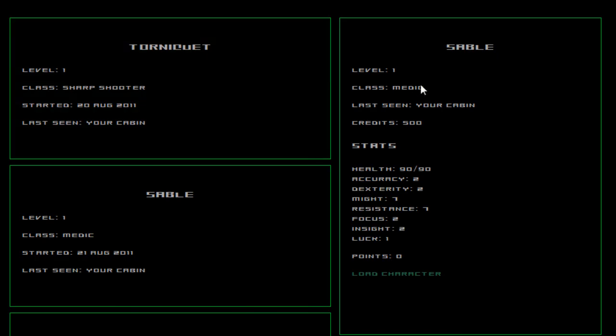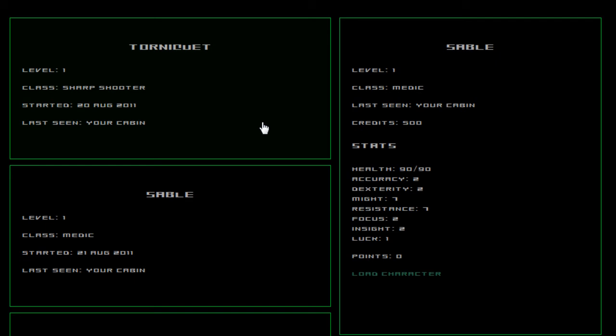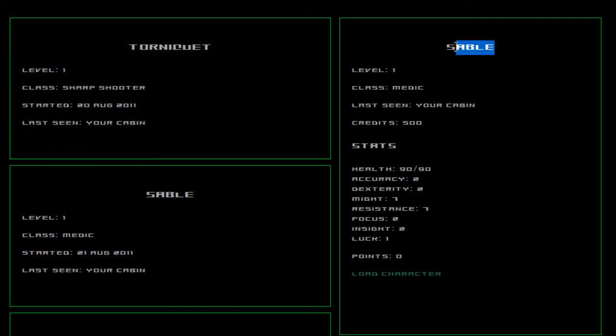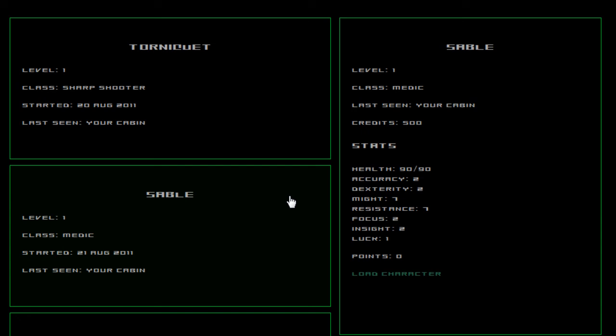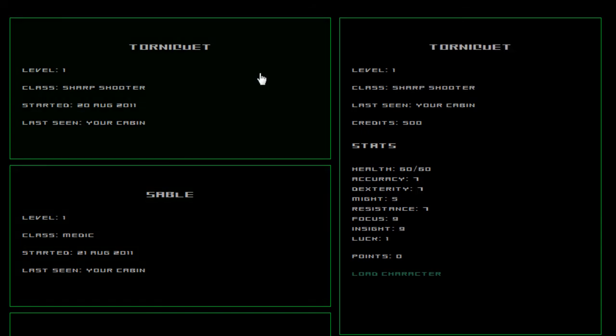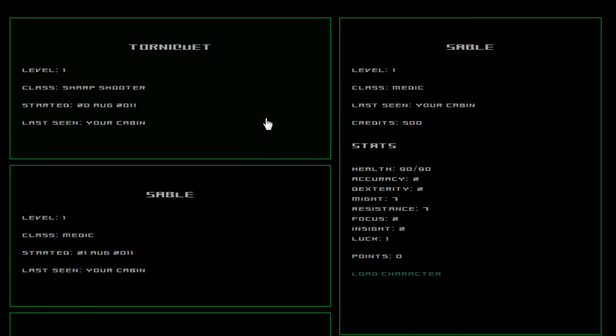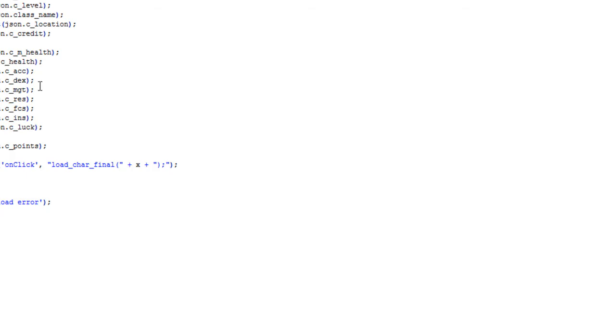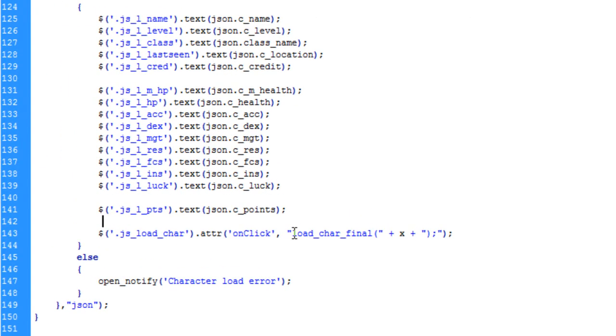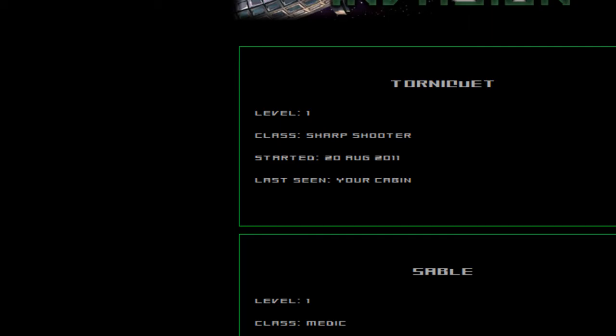Okay, so we're going to move on and actually work on loading the character up and pushing us over to the actual game. As you can see here, I've created another character just to show loading up different characters. Right, so when we last finished, we ended with changing the attribute on that link here